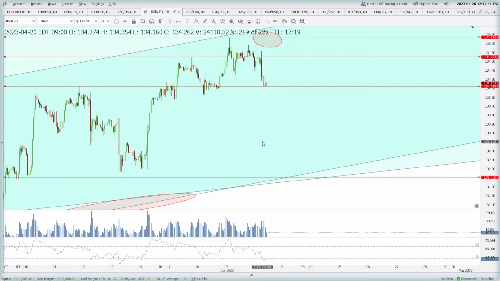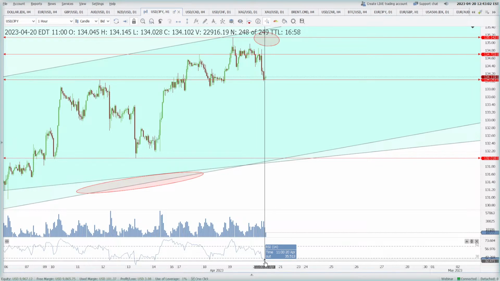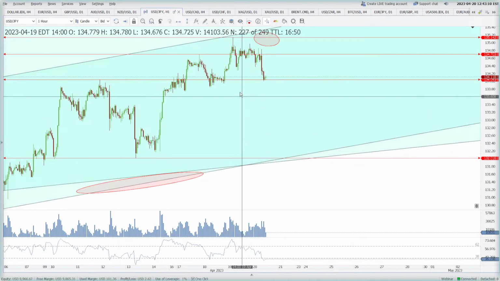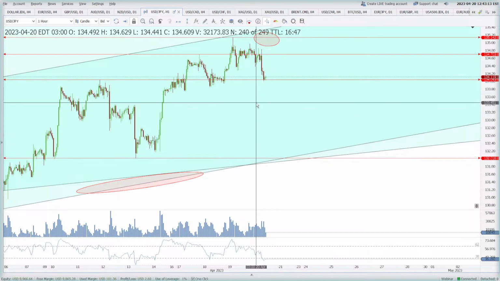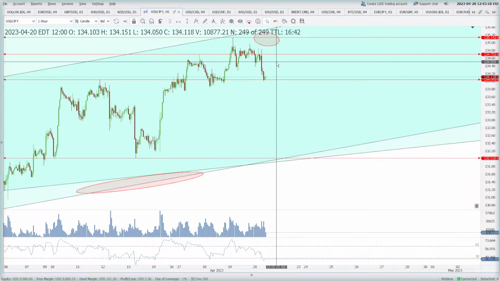Okay, you see here, do you see this low here? This low, I'll mark it for you. This low is lower than the recent low that the price has made, right? So corresponding to this low, you see where the RSI is. The RSI is at 43 right now. RSI at this low is lower than the 43 level, around 33. So you have RSI making more headroom, but the price fails to make a new low. That means there's a possibility that the price will keep going up from here towards 134.70. That is what my expectation is.